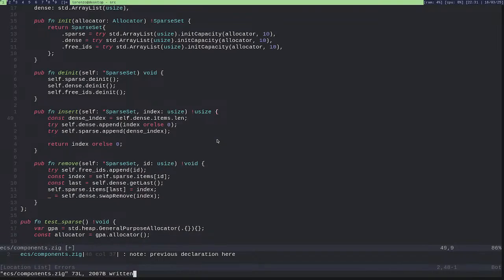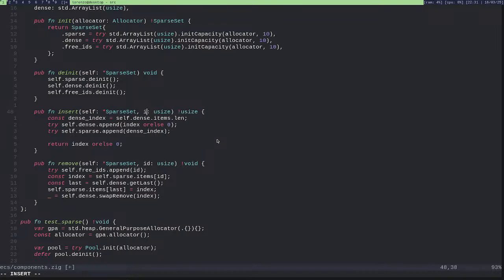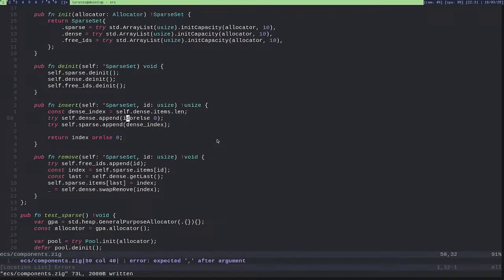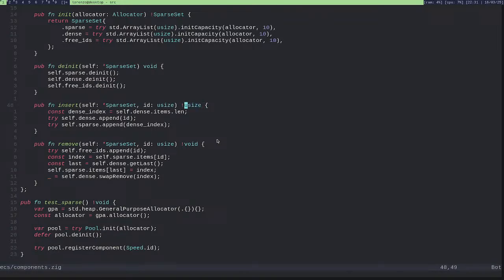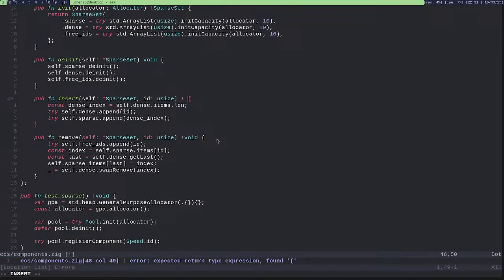So I don't care about this. And this should be ID, not index. Okay, where is the other index? Oh. Well, this shouldn't even return anything at this point. Just like this.